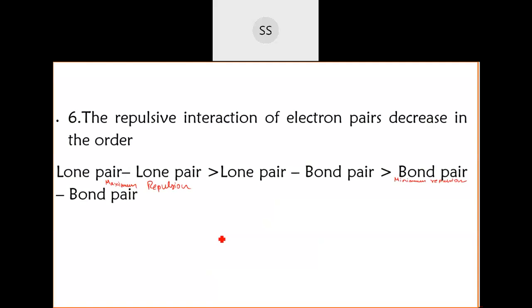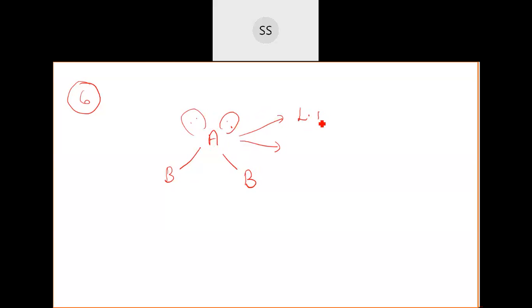And the next one, the 6th postulate, depends on the molecule. I gave you an example in the last class also, but now a revision once again. If this is a molecule and there is an electron pair also present, these electrons which are not shared, in the central atom they can have 2 types of electron pair. Either they can have a lone pair of electrons or a bond pair of electrons. Bond pair electrons are not free, they are bonded to each other.